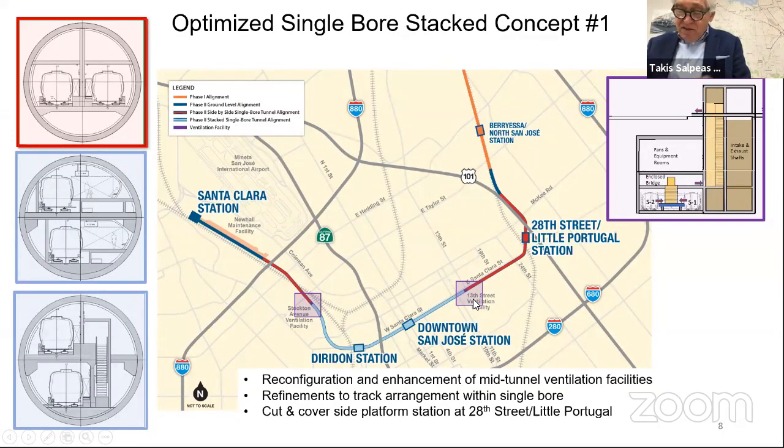We need to stack the tracks, as they call it, and take it now in that configuration and clear, in the blue, the downtown, the 2 stations as you approved before. Single bore, stacked platforms and tracks, and come all the way to Stockton. At Stockton ventilation facility, unstack the tracks and put them again side by side and continue at grade the rest of the conventional construction to Santa Clara Station and to Newark Maintenance Yard.